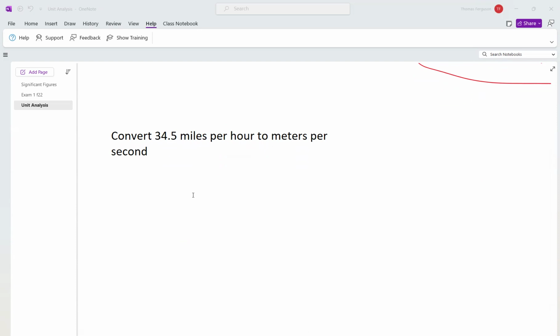Whenever you have a fractional problem like this, where the given is a fraction and you're trying to calculate a fraction, that is two separate problems. So the way we work it is